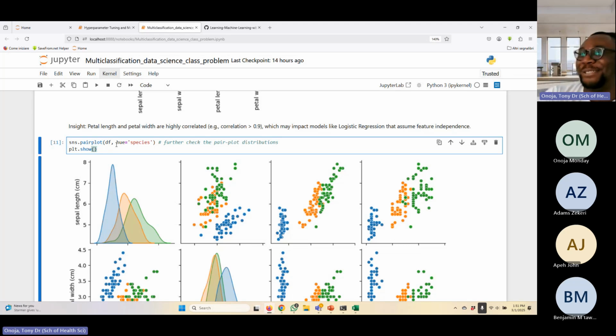The reason is because these players will end up competing with each other. That's the same when we talk about machine learning. When you have highly correlated variables, they drag each other down, and that impacts the performance of your model. So that's why you see models like logistic regression not doing well. Not necessarily because it's not a good model, but because sometimes when the features are highly correlated,